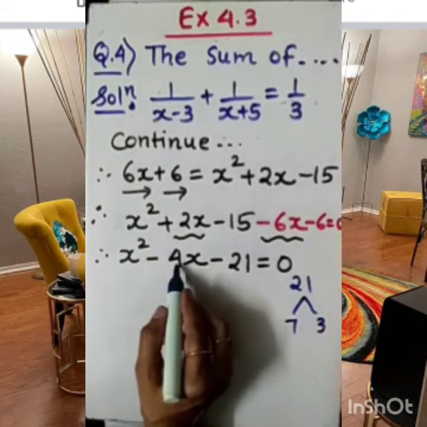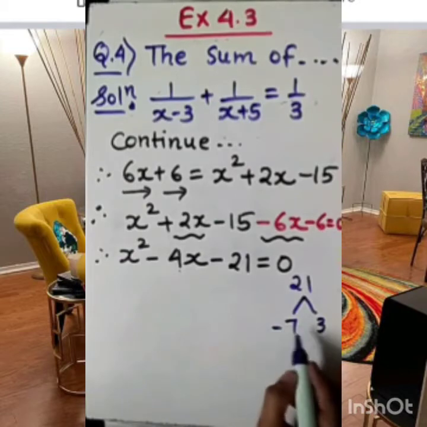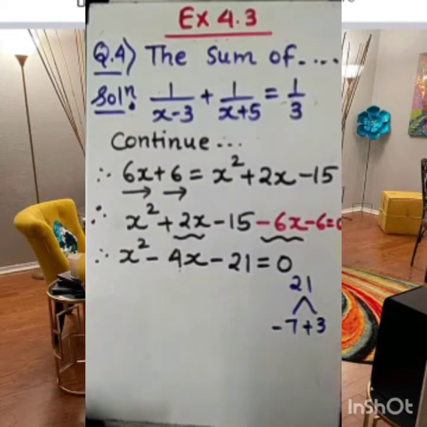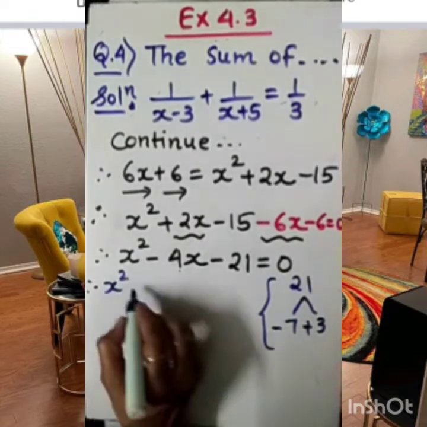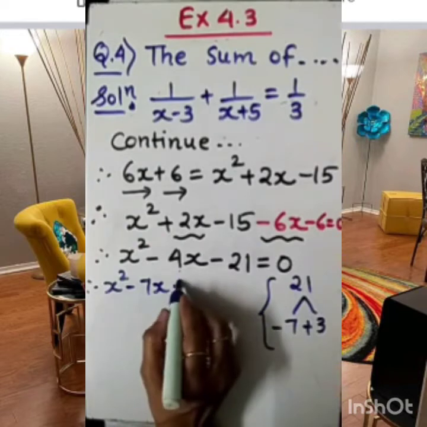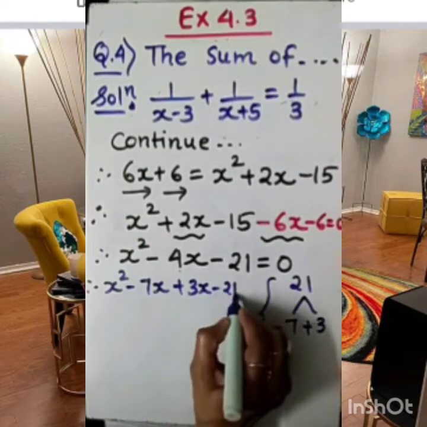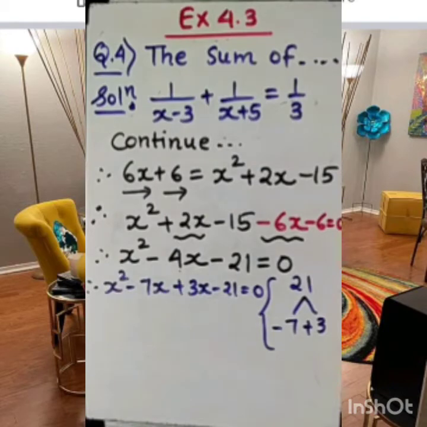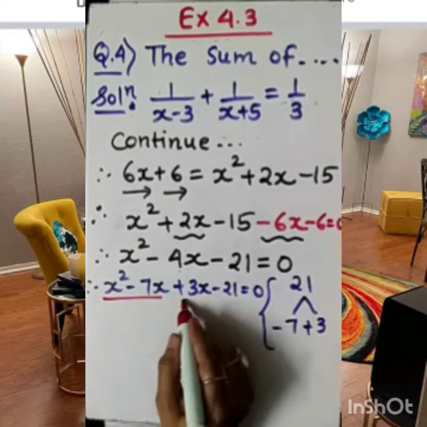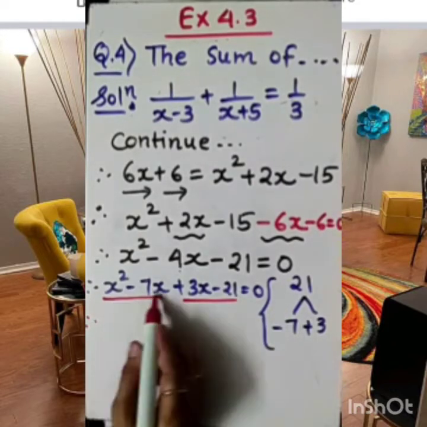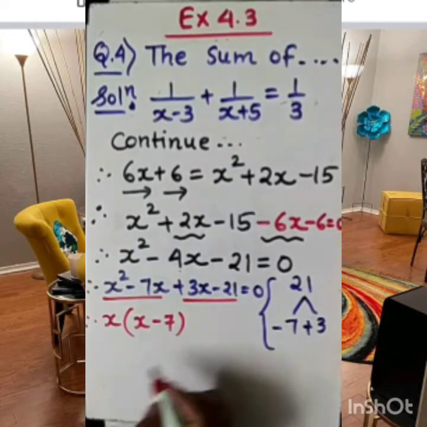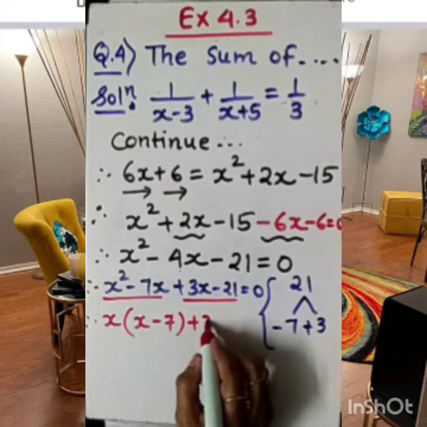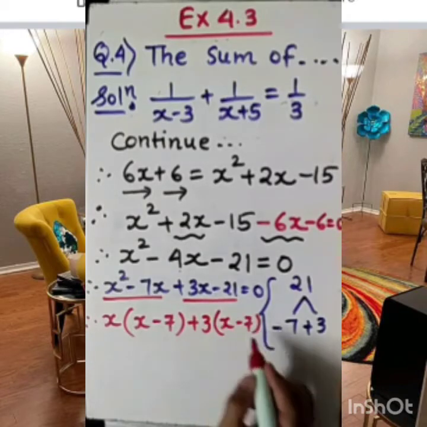Here, because the sign of this is minus, the bigger number's sign is minus and this will be plus. Got it? So the equation will be x square minus 7x plus 3x minus 21 equal to 0. Clear? Now, let me make pairs. This is the first pair, this is the second pair. Out of these two terms, x is common, so x minus 7 will be left inside. Plus, from these terms 3 is common, so x minus 7 will be left, that is equal